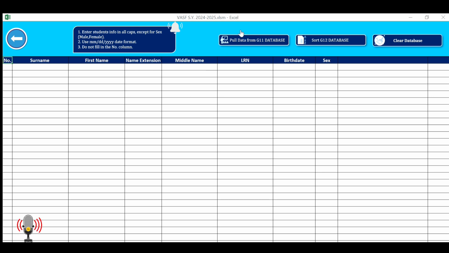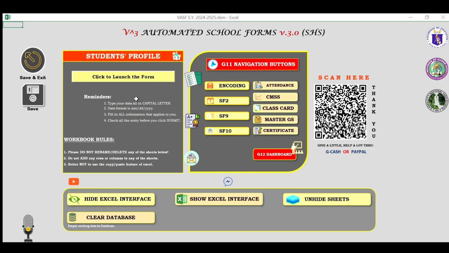Don't forget to remove any transferred out students and sort the remaining names alphabetically. I think the navigation buttons are familiar, so just follow the same procedures for grade 12.